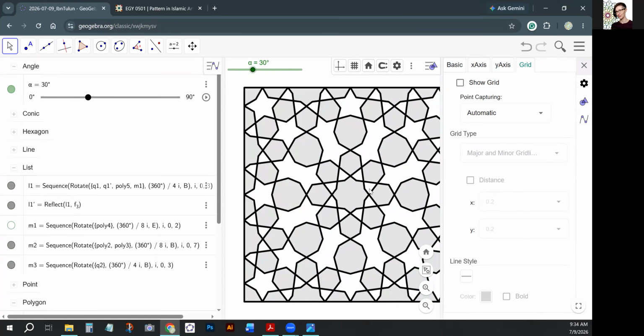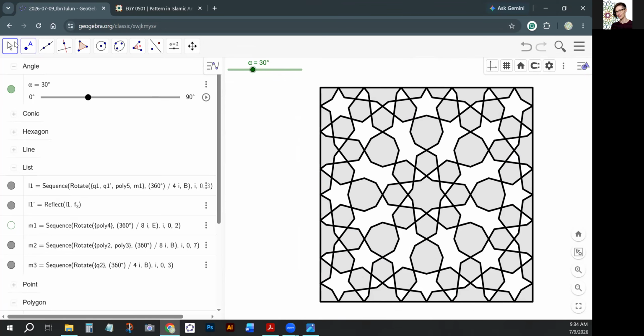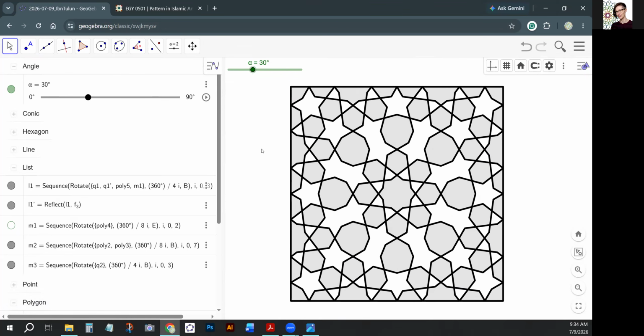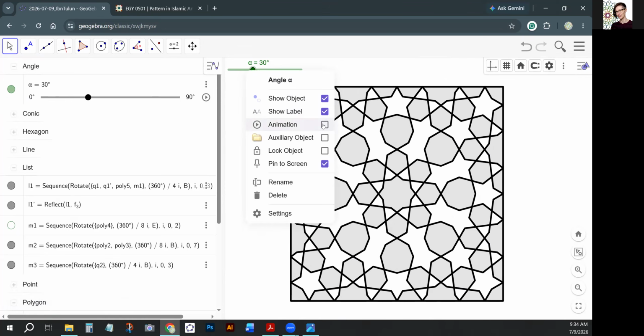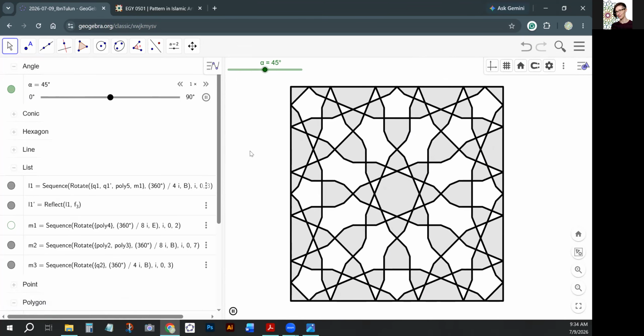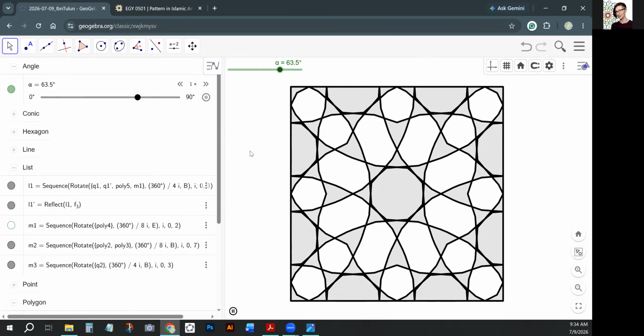So for some reason, by default, polygon line opacity is not 100%, but anyway. So now I can right click on my slider, turn on the animation, and